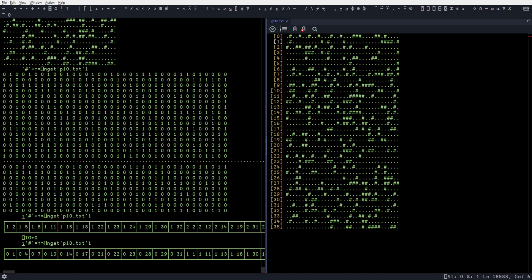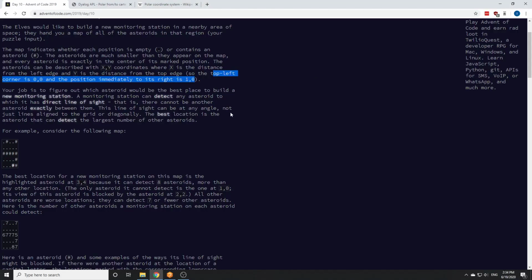And then if we look here, we're now in zero-based indexing, and we say, okay, we have an asteroid at 0, 1. So at row 0, coordinate 1, we have an asteroid. Makes sense. Same for 0, 4. Yep. So now the problem is